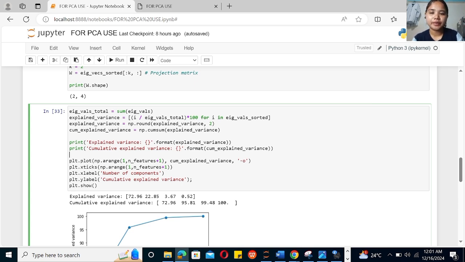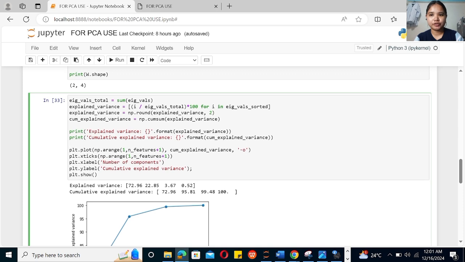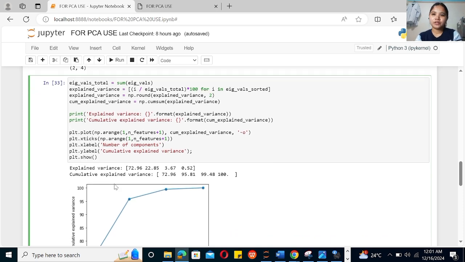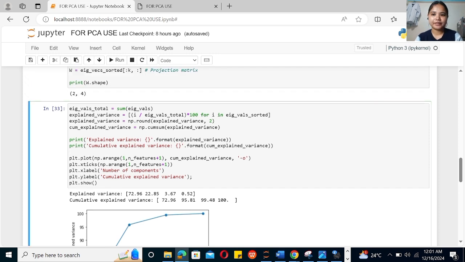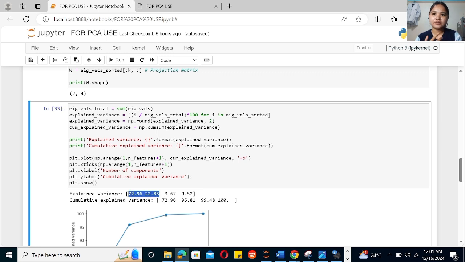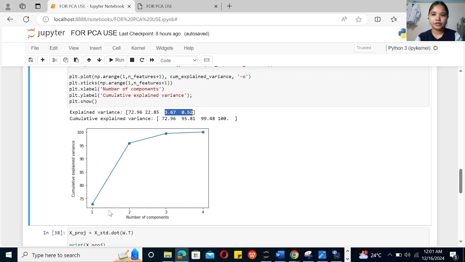Based on the results above, PC1 and PC2 capture the majority of the variance, while PC3 and PC4 contribute minimally. Based on the graph, the curve rises steeply for the first two components only, then after that, it flattens, showing that the first two components account for most of the variability in the data. Since PC1 and PC2 are the only ones with the highest eigenvalues, they are the only ones we transform or project onto the data.